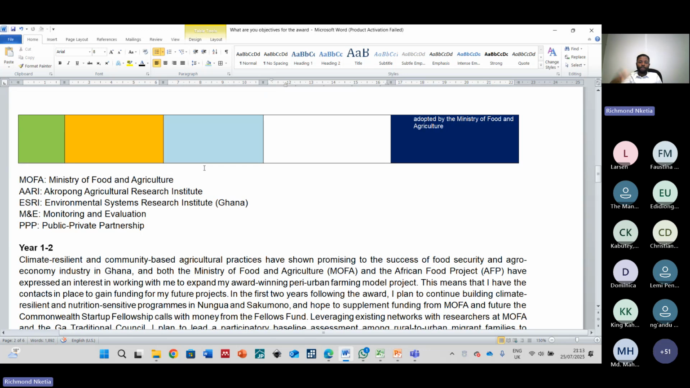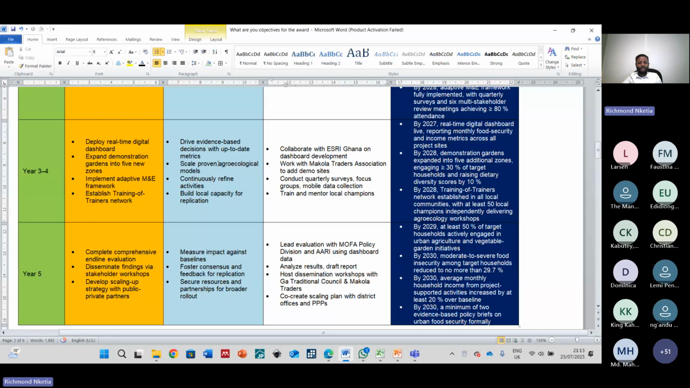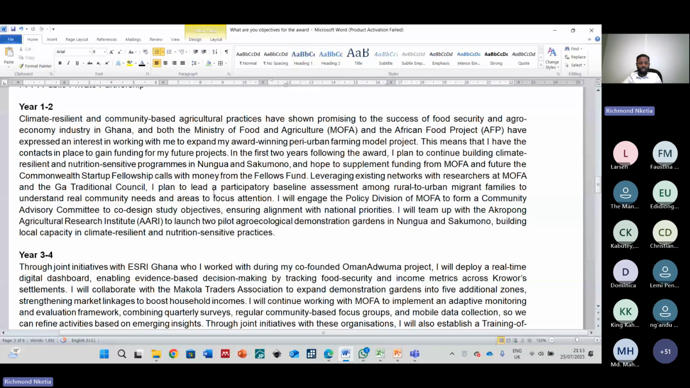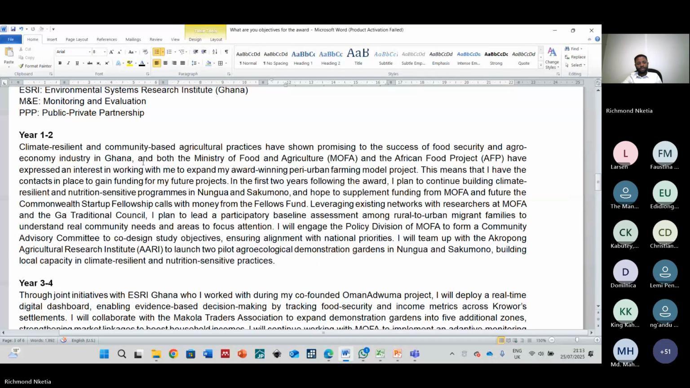So there's a table. I wanted to give you an idea about how it should be. But in the real world or in application, you're not going to present the table. You're going to write them into paragraphs. So what is in the table is what I've written here. And I start this way. Climate resilient and community